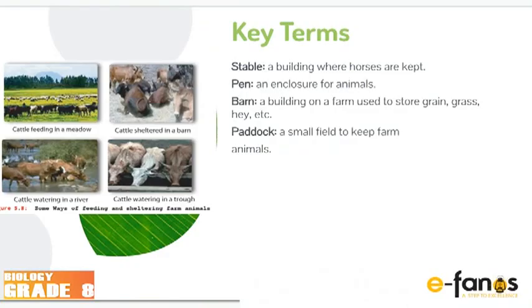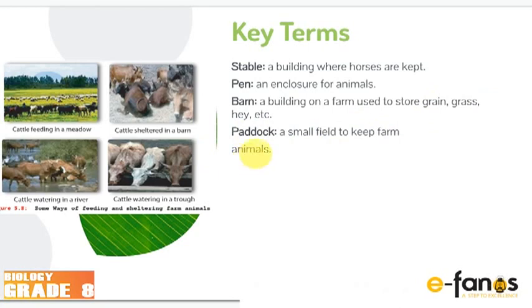Okay, key terms. Stable: a building where horses are kept. Pen: an enclosure for animals. Barn: a building on a farm used to store grain and grasses, etc. And a paddock is a small field where you keep